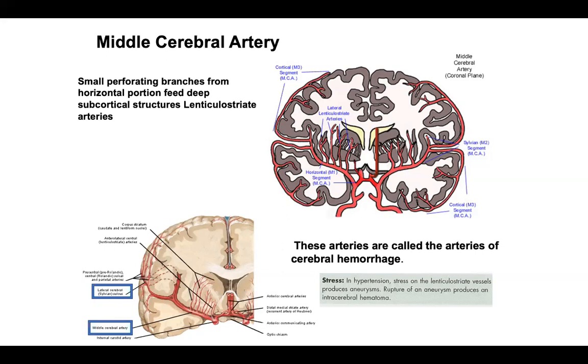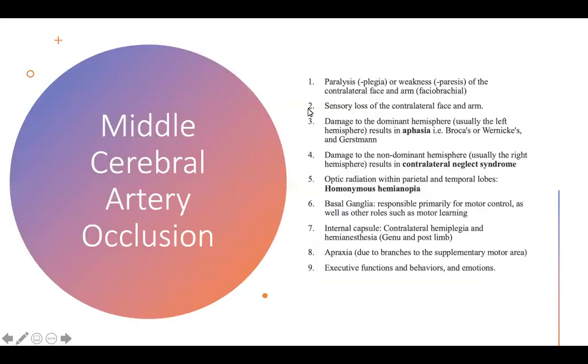Excellent, excellent. And your friend is typing homonymous hemianopia. Because of the visual pathway, yes, it will be affected. And the final thing is sensory loss. So we will have contralateral hemianesthesia. Okay? Hemianesthesia. Now, you mentioned already, there will be a difference depending on whether the MCA infarct is in the dominant